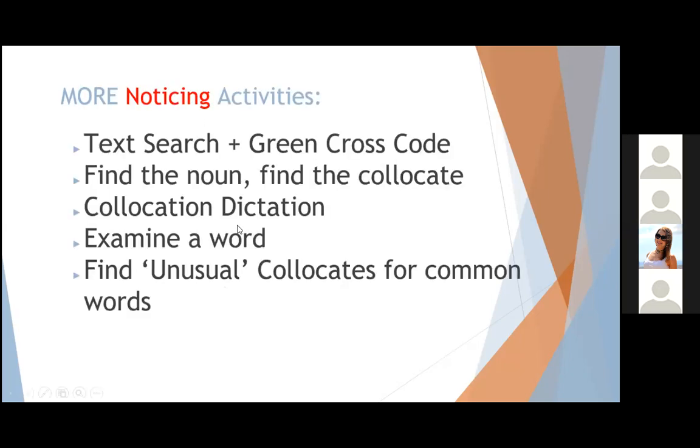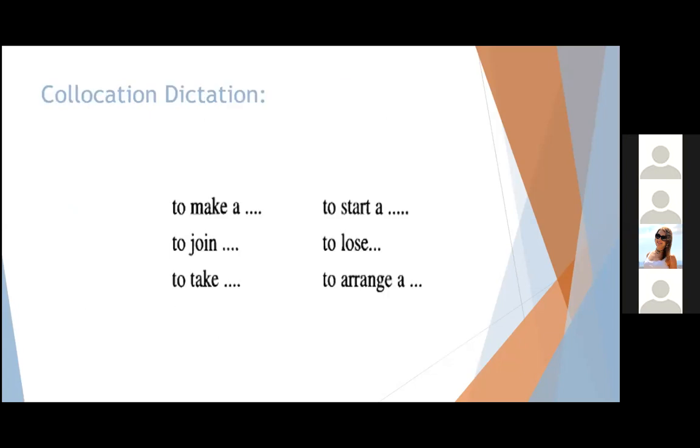Examine a word we have already discussed, just go to SCAL and find some new interesting things. And find unusual collocates for common words. Sometimes words like make or get are quite functional and quite universal, and sometimes we can find new meanings of get, new meanings of make, and new collocations with them. Which will be a good idea. Right, so